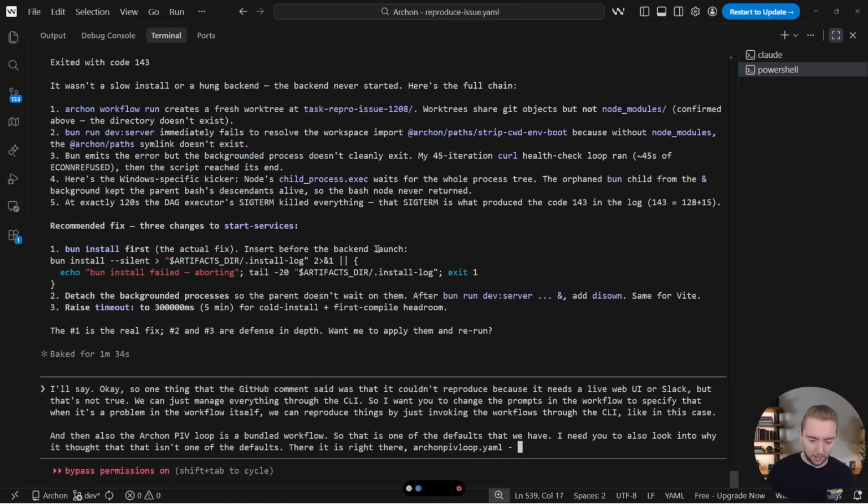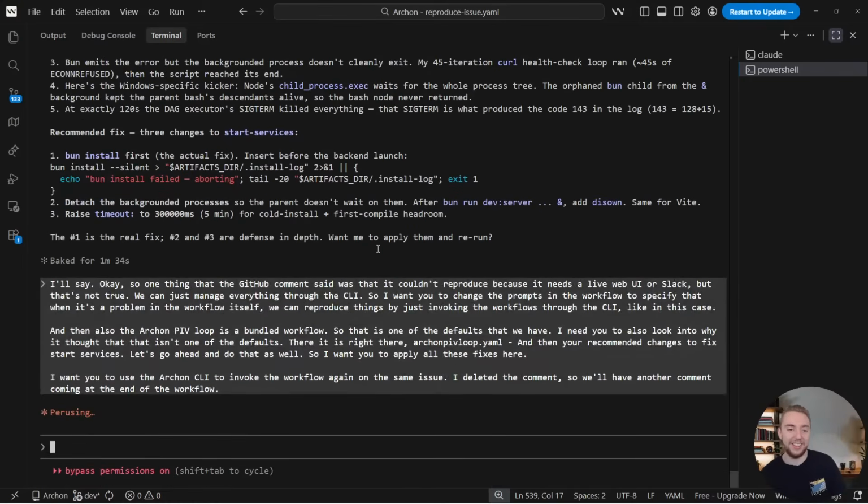Yep, okay. And then your recommended changes to fix start services, let's go ahead and do that as well. So I want you to apply all these fixes here, and then I want you to use the Archon CLI to invoke the workflow again on the same issue. I deleted the comment, so we'll have another comment come in at the end of the workflow run. All right, let's try that.